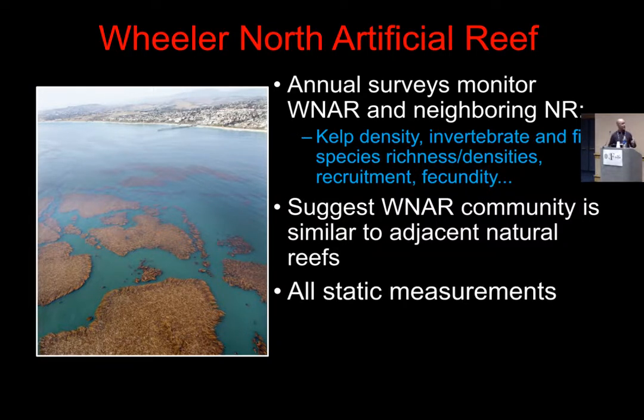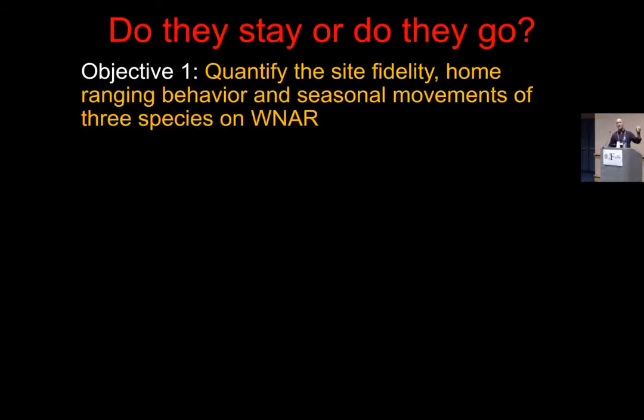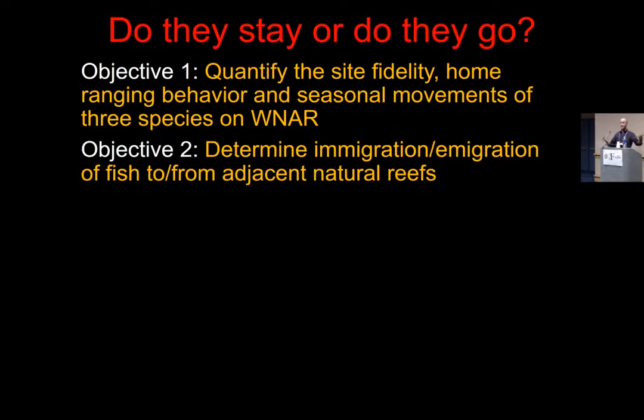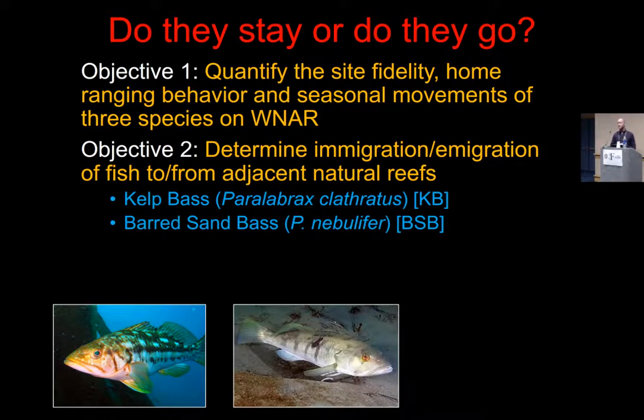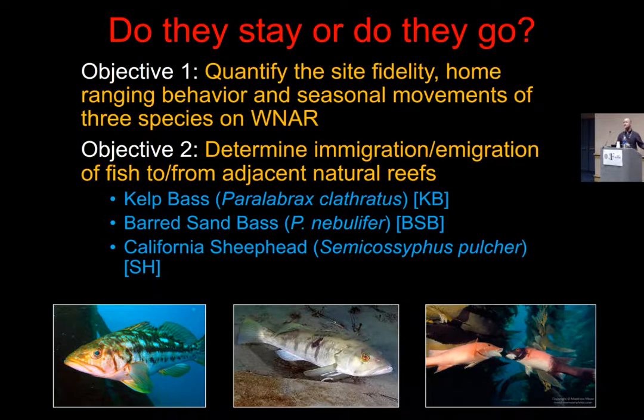good information on that. So our questions were, do fish, particularly game fish, the same ones that we attract in natural habitat, show high fidelity to those habitats? Do they show home ranging behavior? And do they show seasonal migrations along that natural reef or the artificial reef? And do they migrate or immigrate to any of the natural reefs, as is hypothesized by the attraction hypothesis? So we studied kelp bass, barred sand bass, and sheephead, the same species that we had studied previously in natural